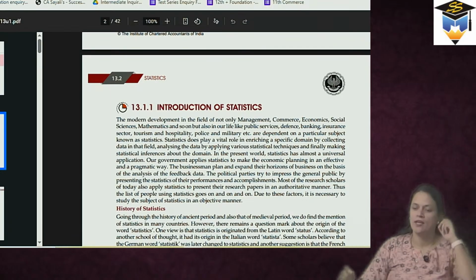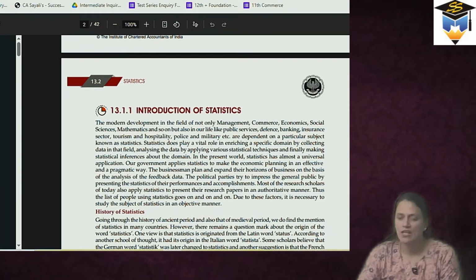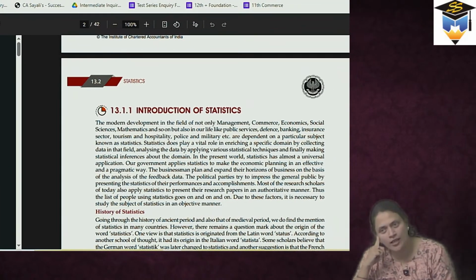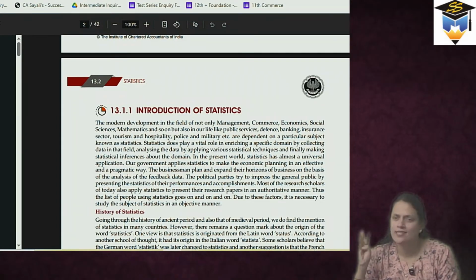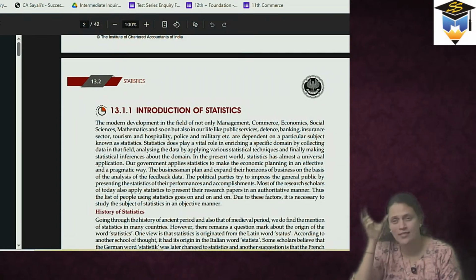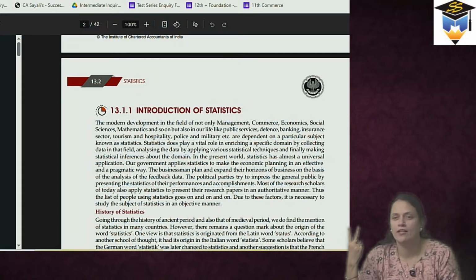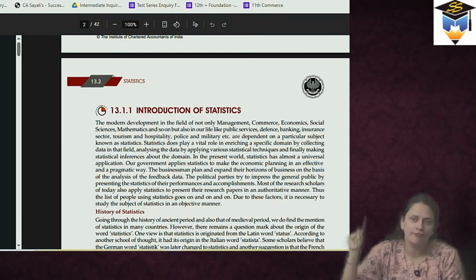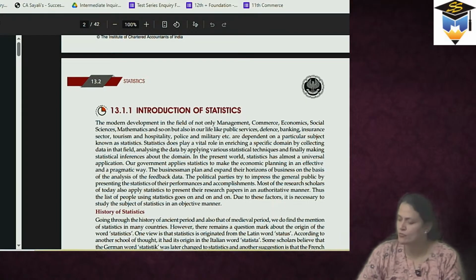Okay, so let us start with today's session. So today I am going to take a few basics regarding statistics. Till 10th standard I don't think statistics was much of a part. What all was there in statistics? Tally marks, then what have you studied? Frequency distribution table, then what else? Bar graph, pie chart. All these things were there.